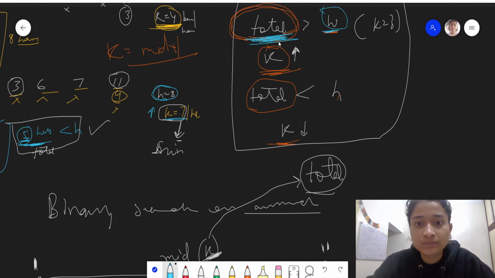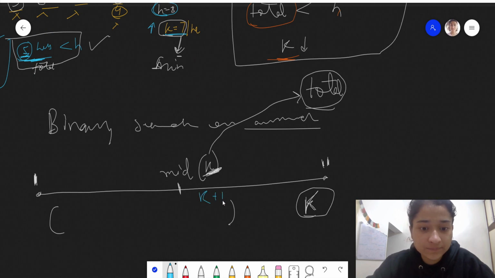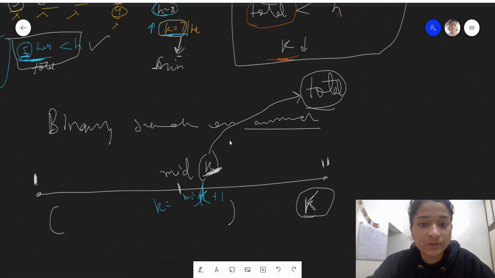That means we need to increase our k value. We need to make Coco eat more. So k will become mid plus 1, so that it takes less time now.